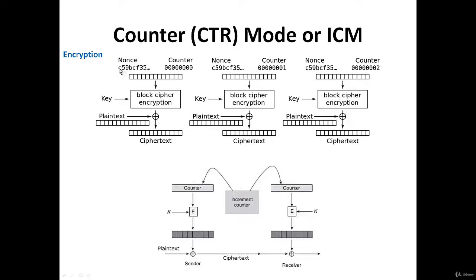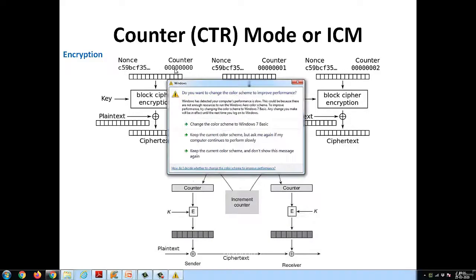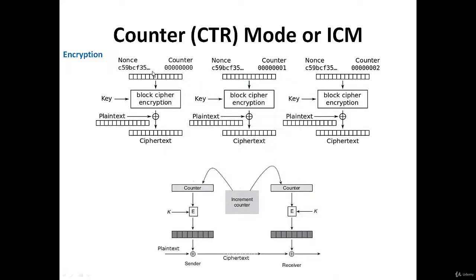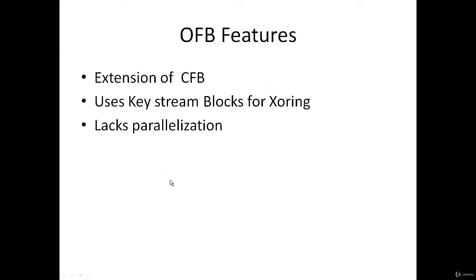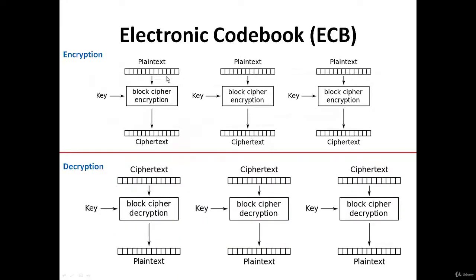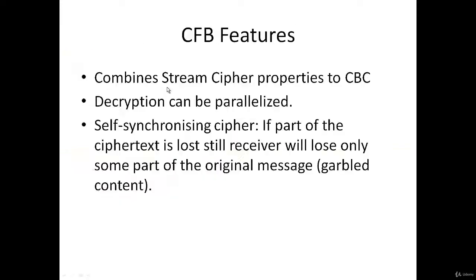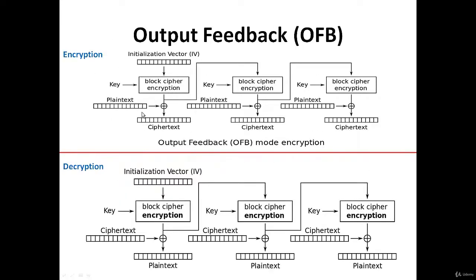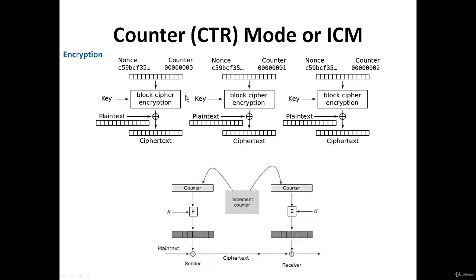So basically this string and that string, this character sequence and that sequence, are combined together. That is called concatenation. Because of the counter we are preventing the weakness of ECB, because there the plain text was simply being entered, but here, along with the plain text, we are entering a different value.